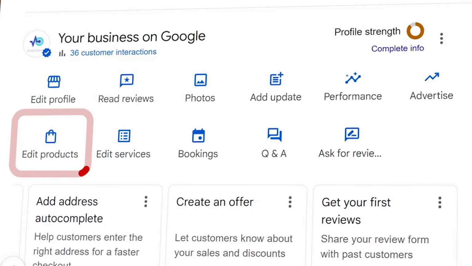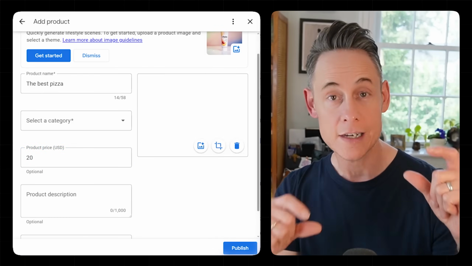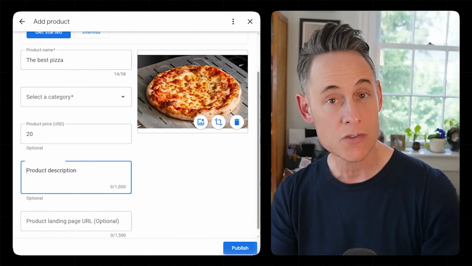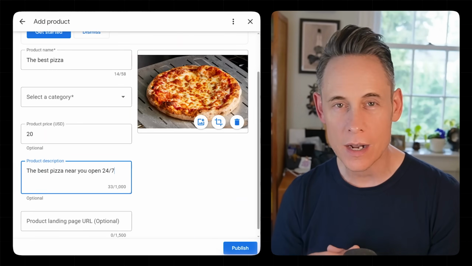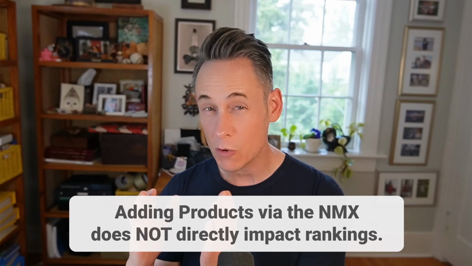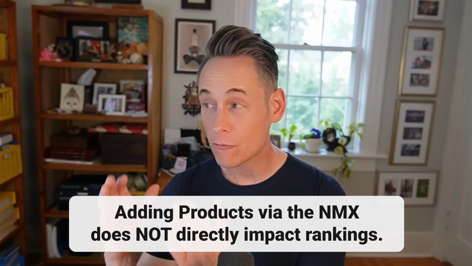There's a section for products. You can add a photo, you can add a description of the products. It's pretty useful. Local SEOs know based on testing that this section doesn't directly impact ranking. So let's say you put some keywords into these products. It doesn't really help your Google business profile rank in the local pack for the terms that you're putting into the product section. But this section has great visibility on the profile, so I highly recommend that you still fill